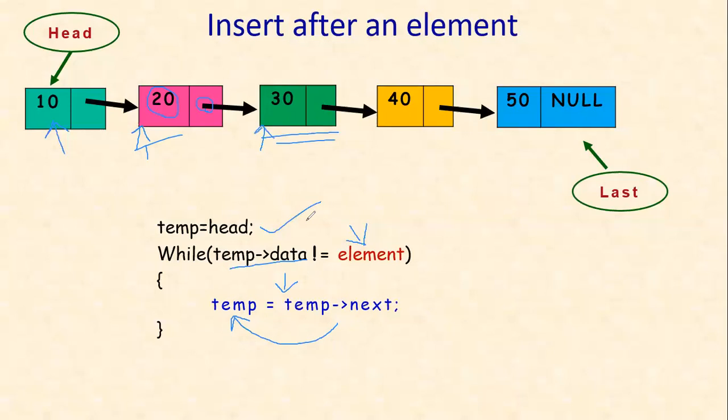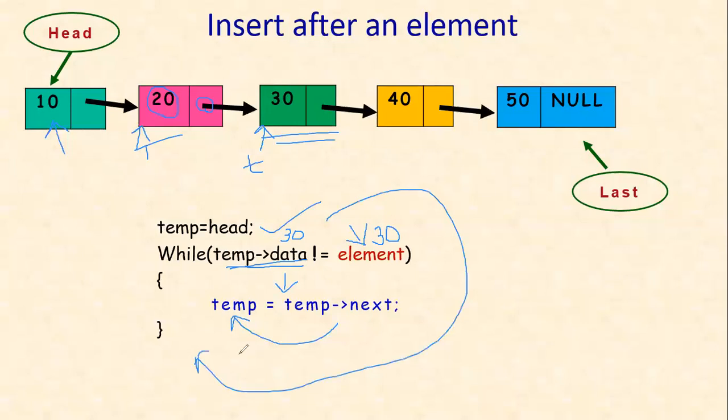Okay, so what I am doing is this: I am assigning the address of the third node to temp. Now temp holds the third node's address. Now I am verifying temp data is not equal to element, but this condition is false now, because temp data is 30 here, and the value I took into element is also 30, as I told you just before. Now 30 not equal to 30 is a failure condition. When the condition fails, we will come out of the loop.